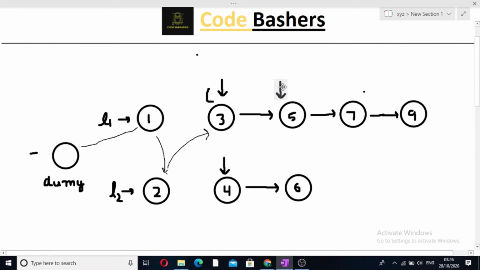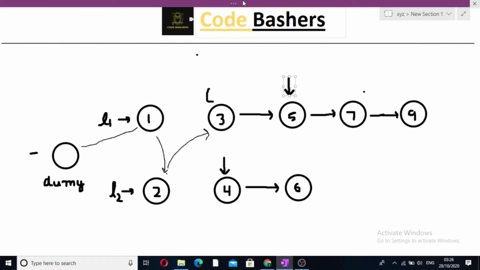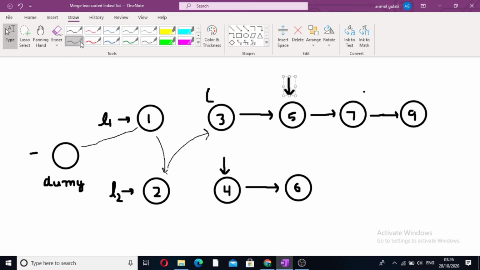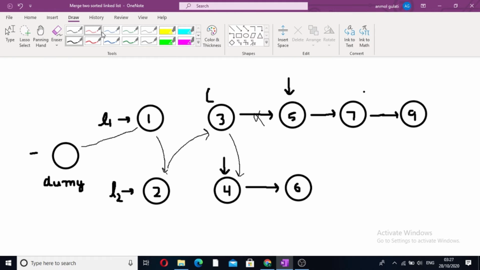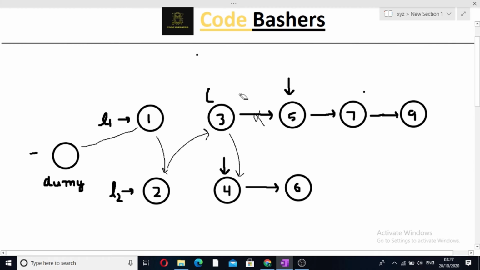We can see that the 3 is the last node of the new linked list, and this pointer will move to the next position. Now again the comparison will be made between 4 and 5. What is the case? 4 is smaller. So now when 4 is smaller, again a connection will be made between temp and this node, that is the smaller value. So this connection will be made. When this connection is made, this connection will get automatically cut off. So when this connection is cut off, it will get erased,